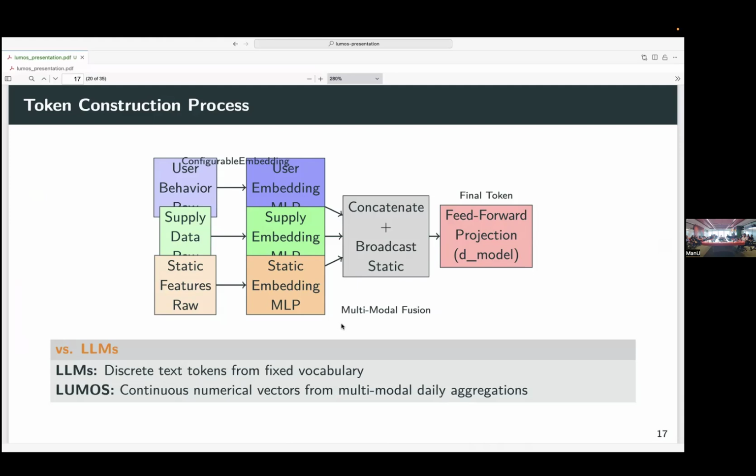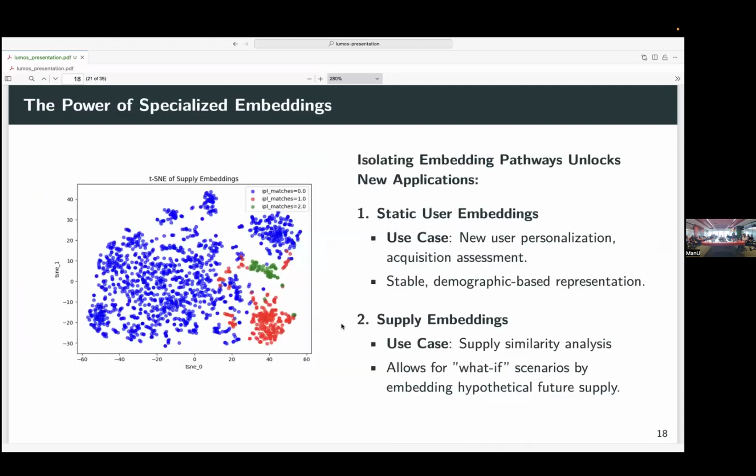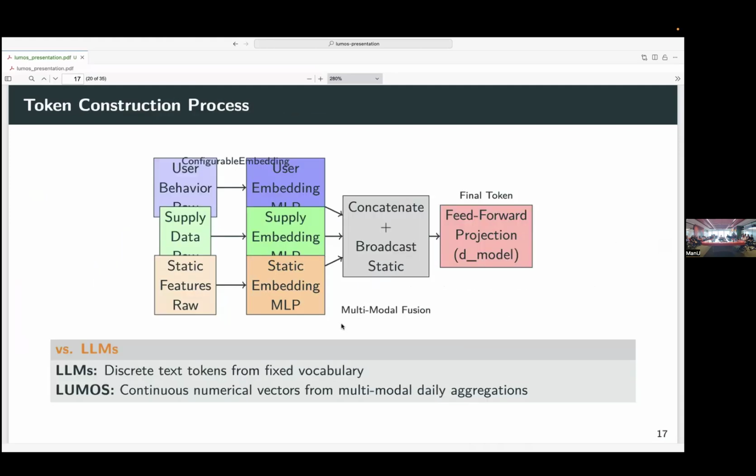One good outcome of this is, I could have concatenated them before and passed them through an embedding. But because I embedded them separately, I forced the model to learn these separate embeddings. And which is why now you have these three embeddings: an embedding for what a user does on a day, a supply embedding for the day, and a user demographic embedding,